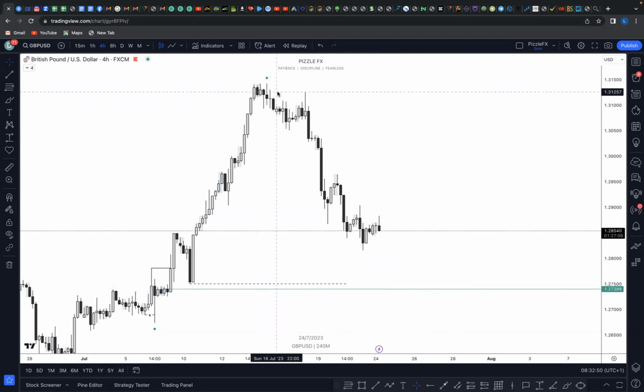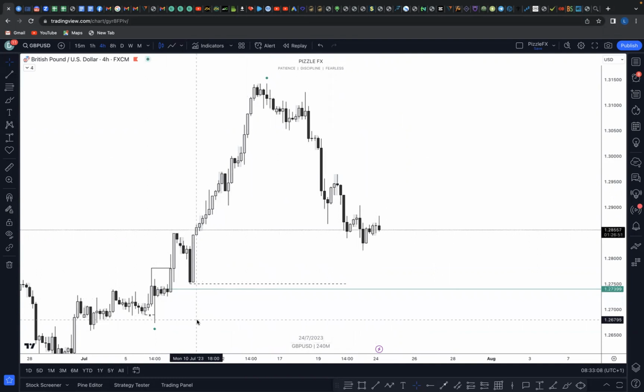Now, starting from the daily time frame, I'll explain why I have this POI and why I have this trading range, what I'm expecting if this actually plays out, and what I'm expecting if this does not play out, what the next lines of action are. So starting from the daily time frame,